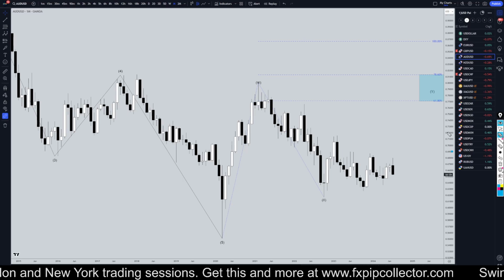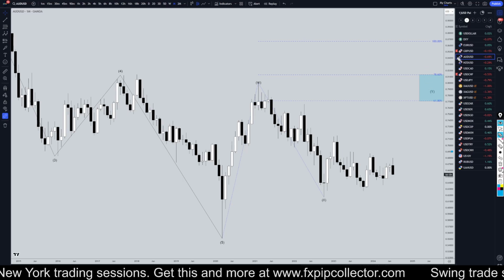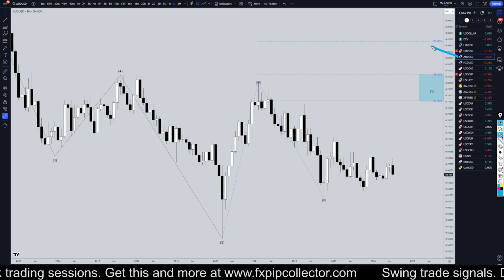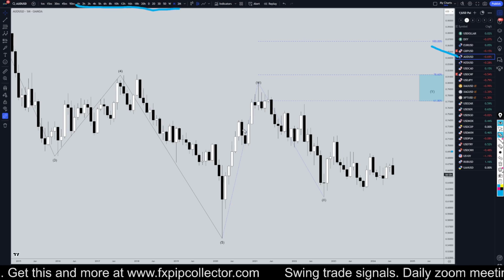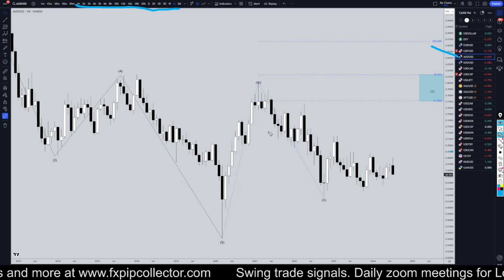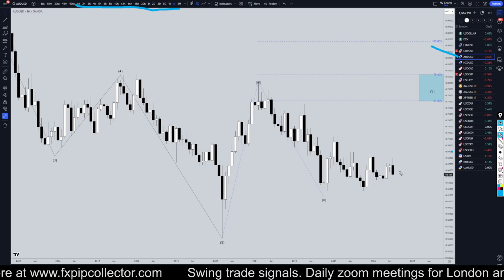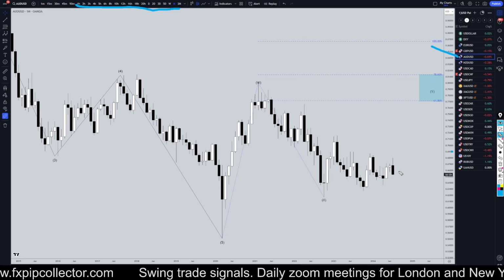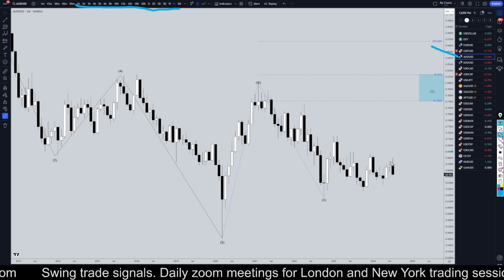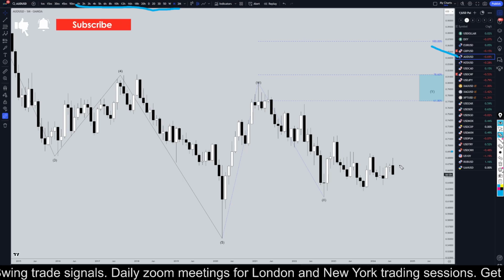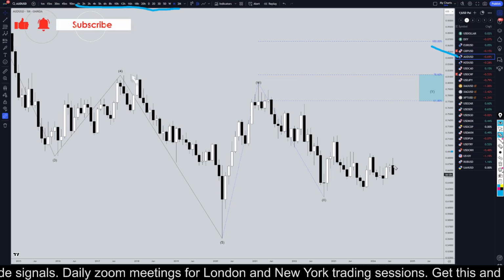Today is Thursday, July 25th, and I'm going to be analyzing the Aussie US dollar, starting on the monthly, working my way down to the 1 hour time frame for the full top-down analysis. So the Aussie has been very weak and causing the Aussie dollar to go down very strong, especially compared to other dollar pairs, which does tell you that this move is primarily caused by the Aussie, not necessarily the dollar.